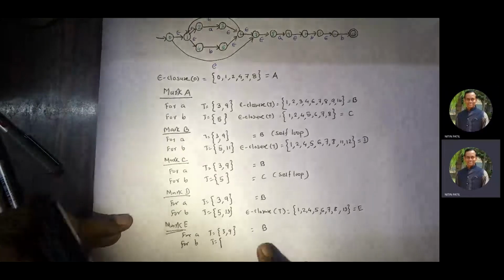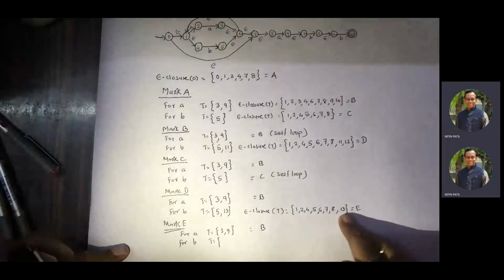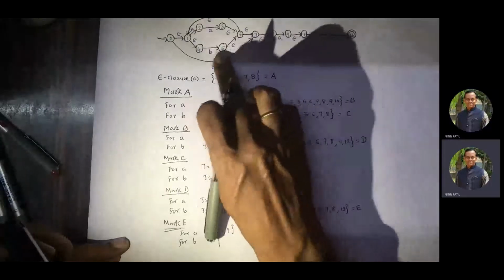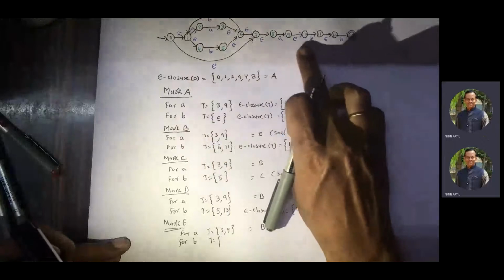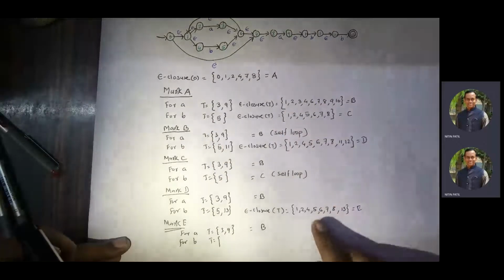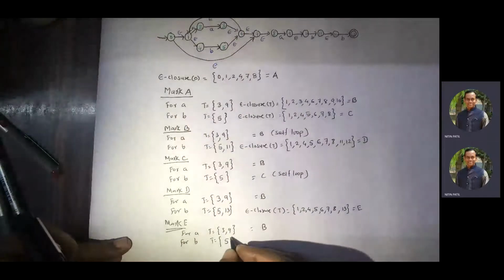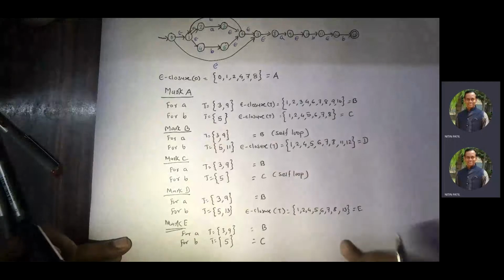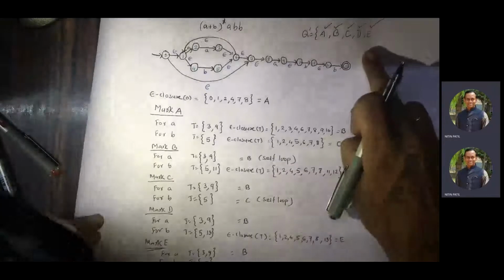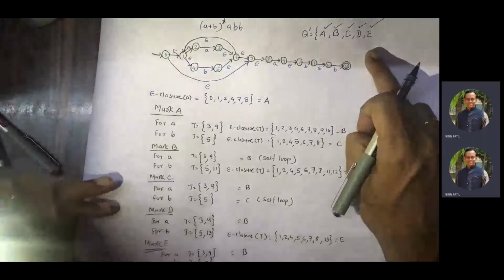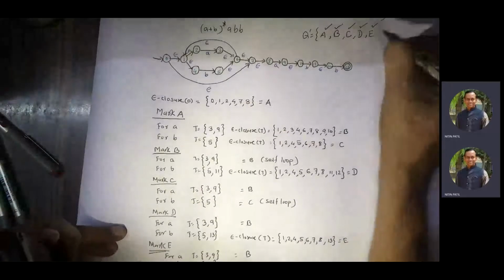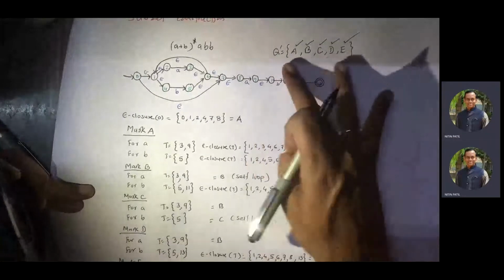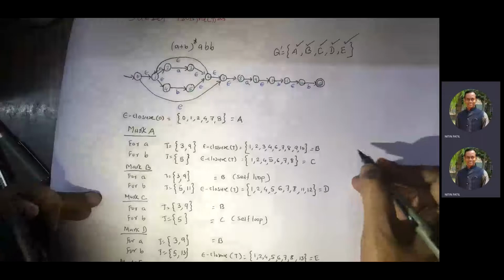Now let us take B. Compute T. Now we have 1, 2, 4, 5, 6, 7, 8, 13. So for B we have 4, then we had 10 and then we had 12. So 10 and 12 are not part of it, but only 4 is part of it. That's why we'll take 5. Now we already computed 5. 5 was for C. So you say C. Now is there any state remaining in this set which is not marked yet? All are done and we are not getting any new state. So stop your construction here. Now this will be the new set of states. Now we have to draw the transition diagram.